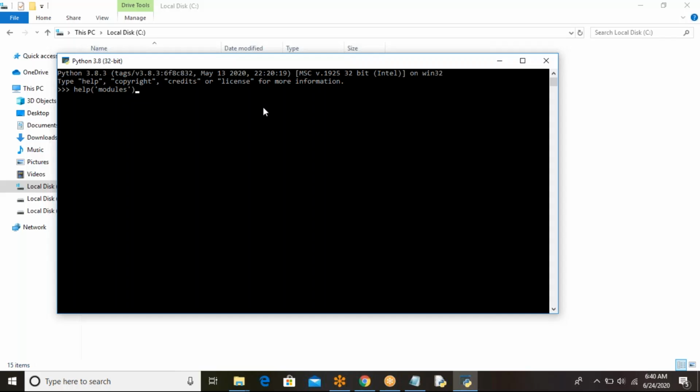Got it? Then it will display all the modules currently available in our Python software. The list of Python modules will be displayed. There you have to see whether the installed packages are there or not. We have to check it out.